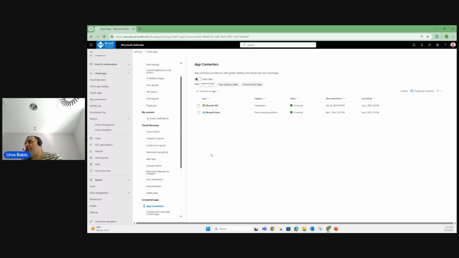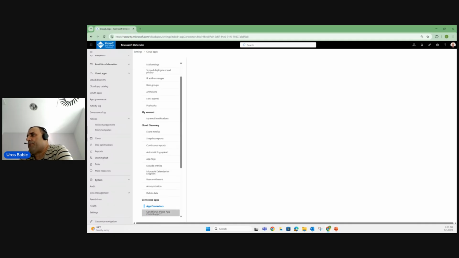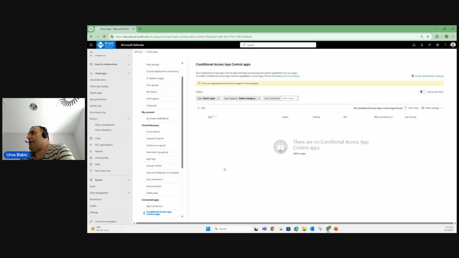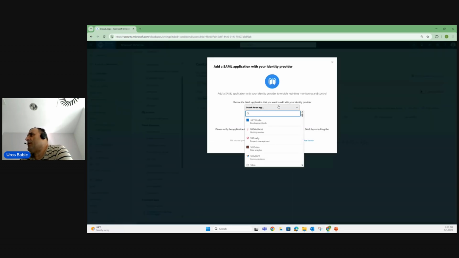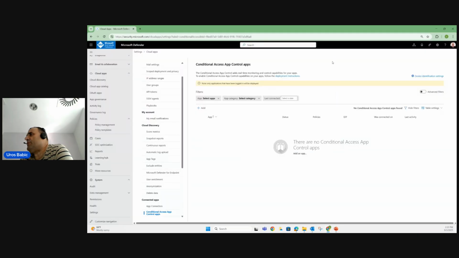I can connect Microsoft 365 and Microsoft Azure. And I can also turn on conditional access application control if you are using conditional access policy. You can define to choose some application if you want to add for your identity provider, and continue with this